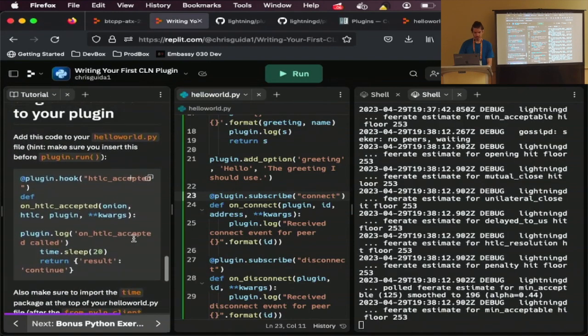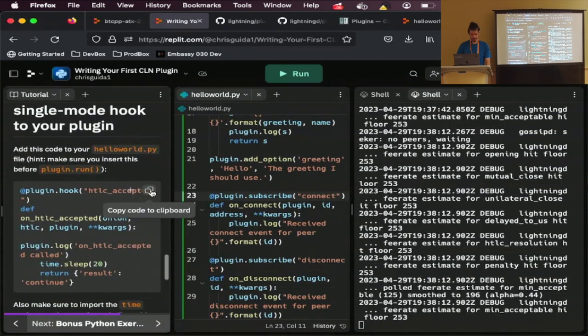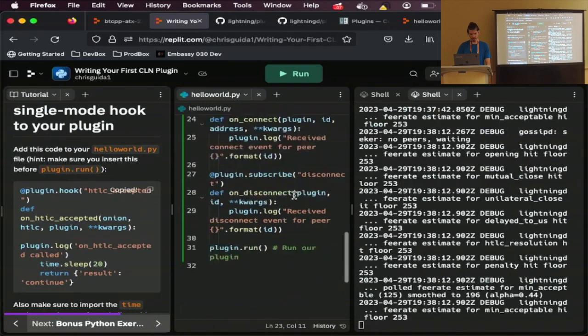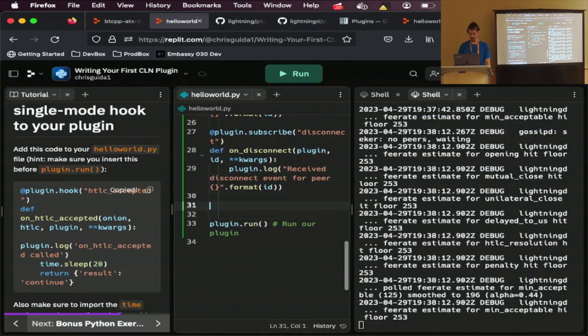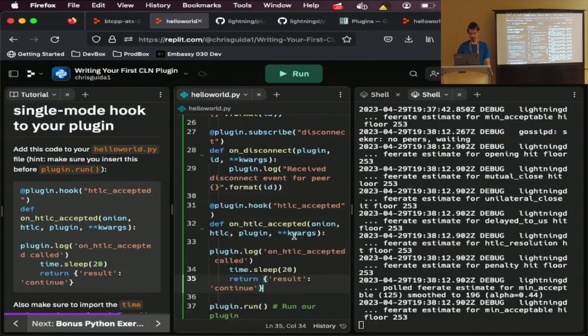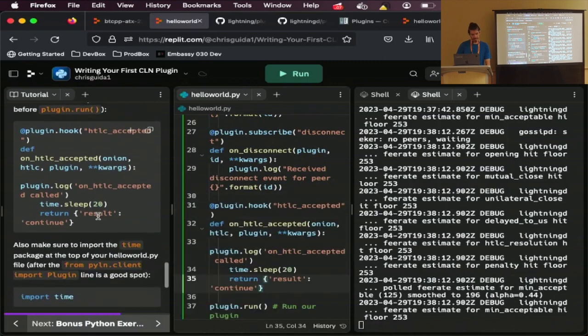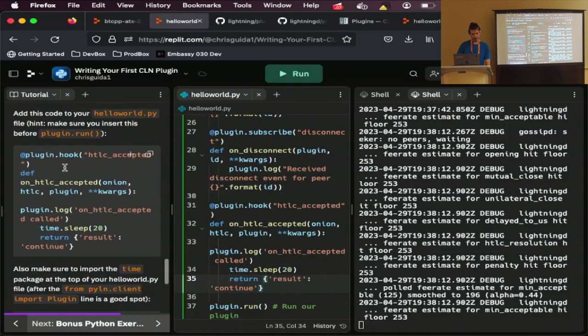Okay, so let's add a hook. We're going to add a hook on the HTLC accepted event. So we're going to copy this. We're going to add this again. You can just add this here before the plugin.run. And then, okay, so